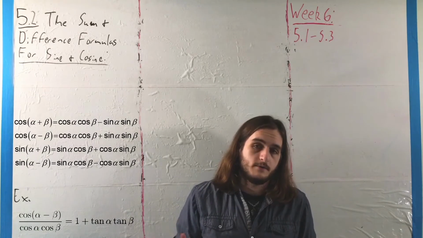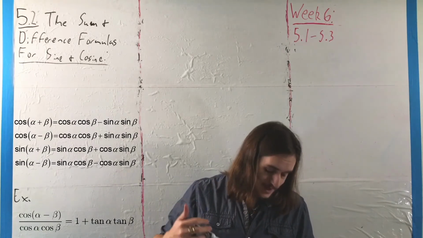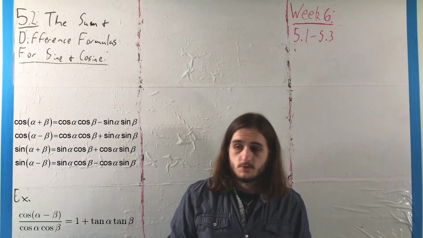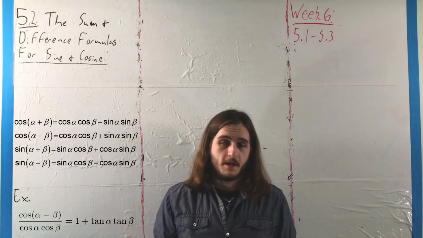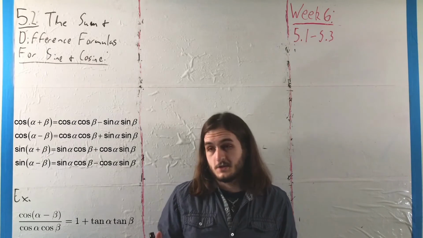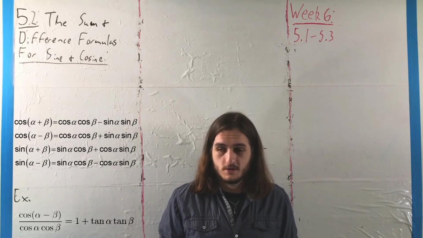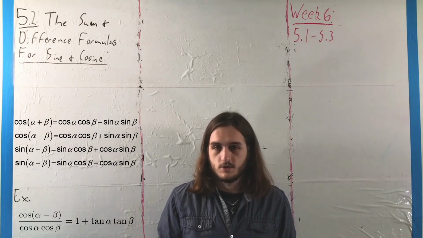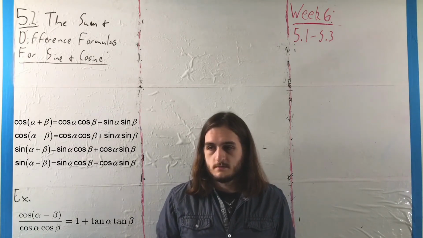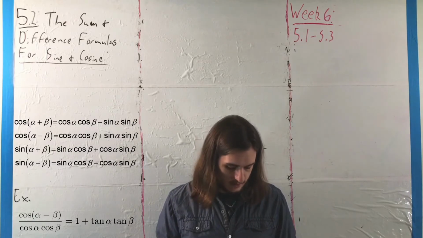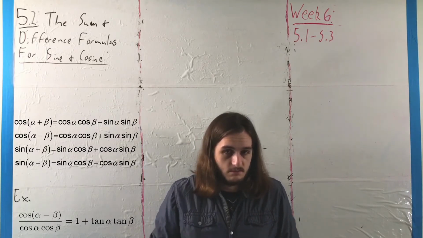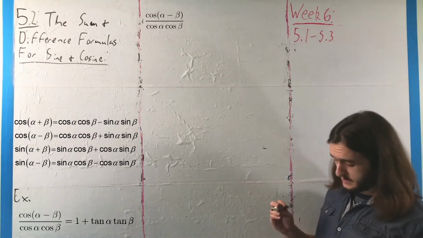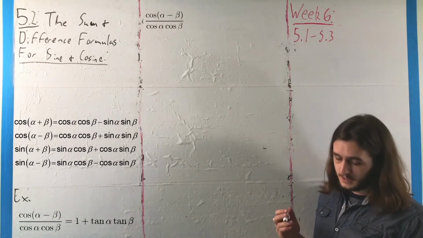And in particular, we have things to work with in terms of differences of angles, specifically like what we see on the left side. So besides the fact that the left side looks more complicated, we've done a lot of manipulations on left sides to begin with, and also we don't have anything in terms of products of tangents yet. Well, we've got a new tool that can help us with that, cosine of alpha minus beta, so why not use it? So, on that left side, what we're going to do is take that cosine of alpha minus beta